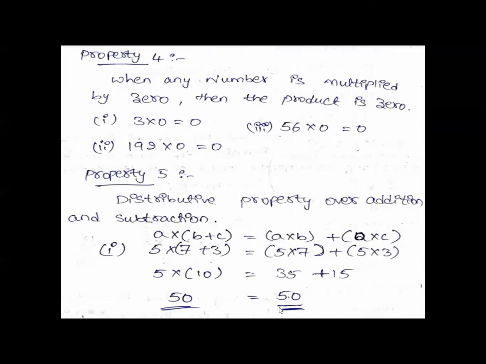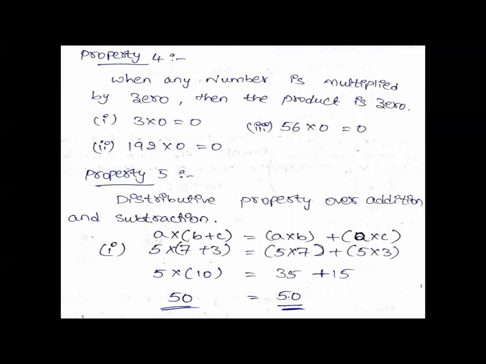See here, A is equal to 5, B is equal to 7, plus A is equal to 5, into C is equal to how much? 3. 5 sevens are 35. We are multiplying 5 into 7. 5 sevens are 35, plus as it is, 5 threes are 15. 35 plus 15, how much, children? 5 plus 5 is 10. 3 plus 1 is 4. 4, 1 carry over, plus 1. How much? 4 plus 1 is 5. The product is 50. So the product is the same.